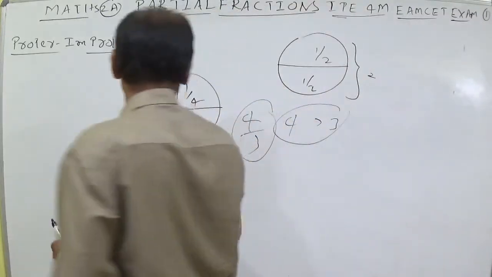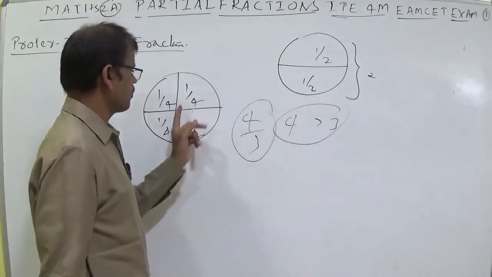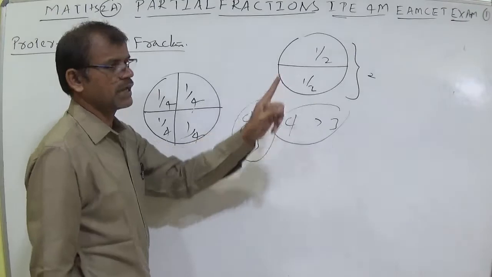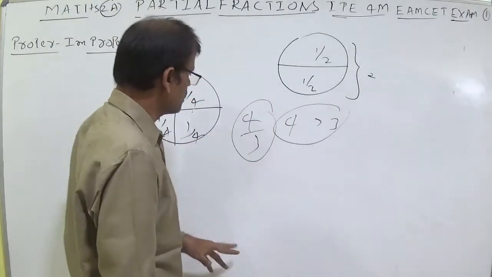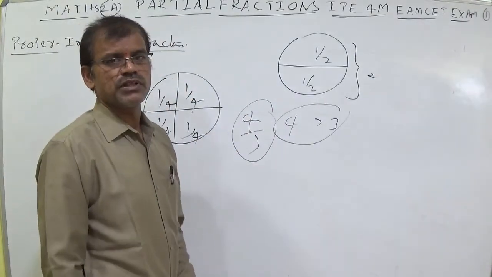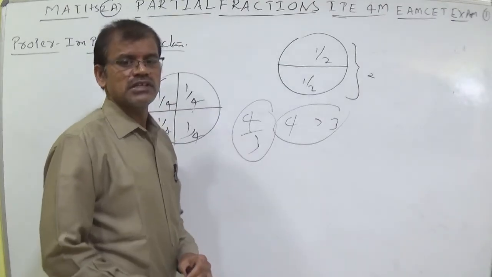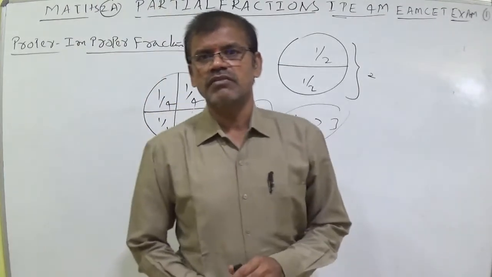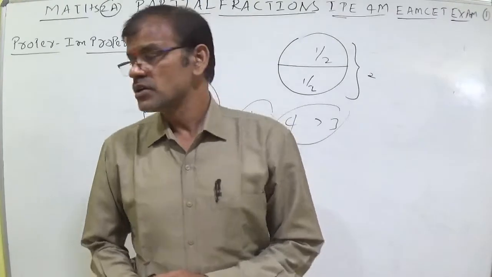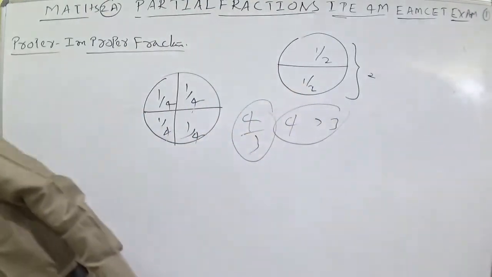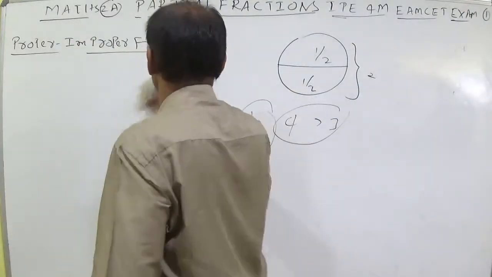Now 1 by 4, I think you already understood, 1 by 4, 3 by 4, 2 by 3, like that. They are original fractions. These are not original fractions: 4 by 3, 5 by 3, 5 by 2, like that. Whenever it is not an original fraction, we can say that it is an improper fraction. Now, depending upon the basic concept,